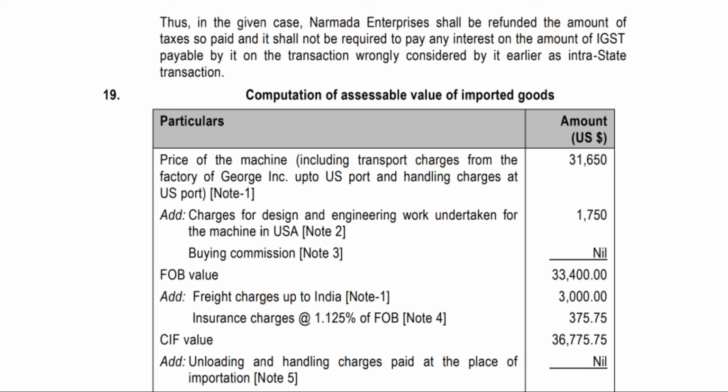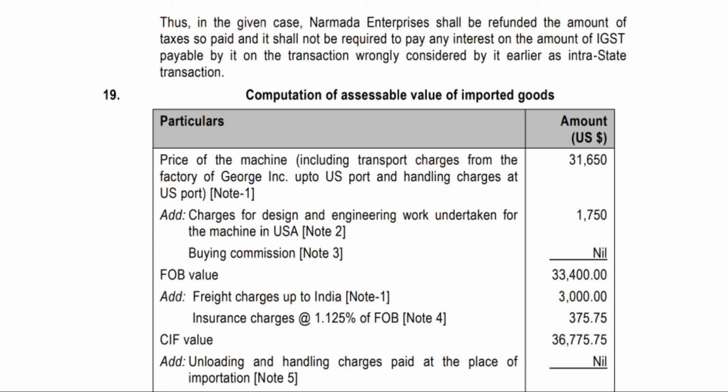Now freight charges. Because goods are imported by vessel, there is the real price, that is 3,000. We are going to add the complete 3,000. No need to calculate 20% because that is applicable only in case of air, or if that amount is not given, then we can use the 20%. So here we need to consider the actual amount. Insurance charges is 1.125% of the FOB value. So 1.125% of 33,400 is 375.75. Then we arrive at the CIF value, that is